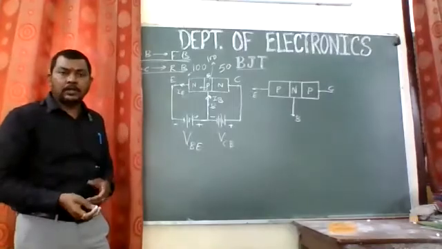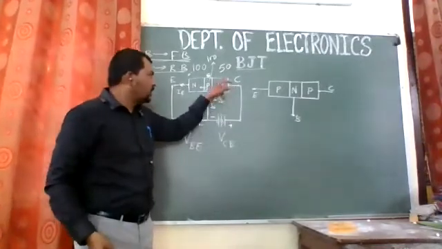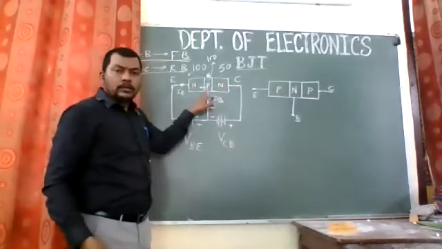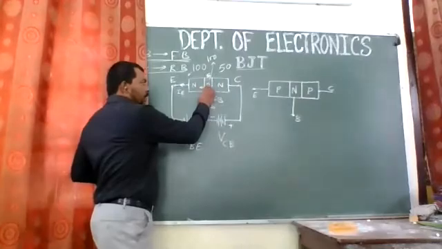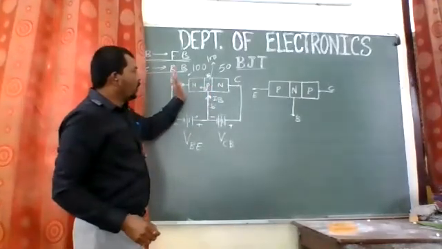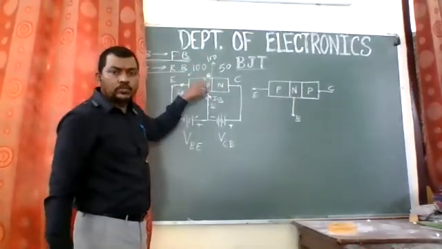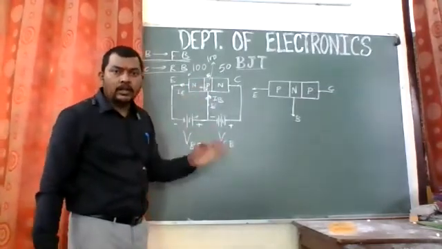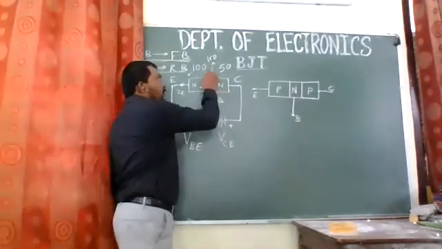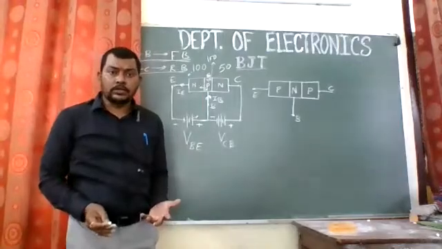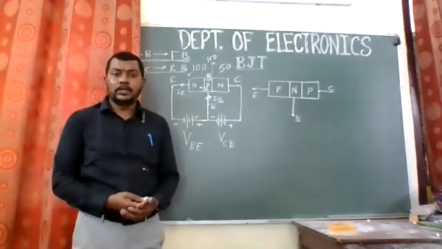Now what happens in the next part? The base and collector junction is reverse biased. This means the N type is kept at positive polarity and the P type is kept at negative polarity. There are only 5 holes, so 5 holes are recombined. There were 100 electrons, 5 were recombined, and 95 are present now, which are in excess and have no further holes for recombination. So what happens in that case?